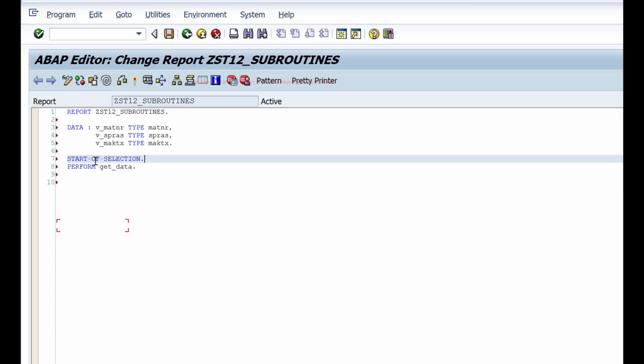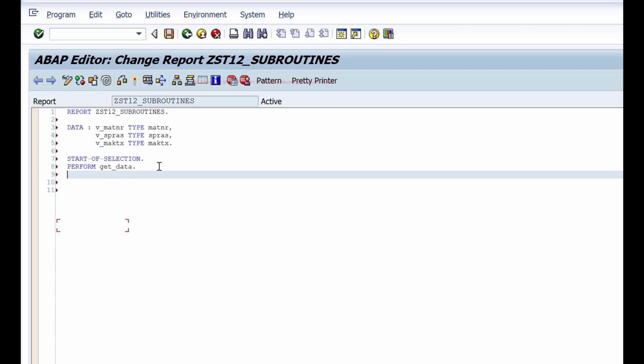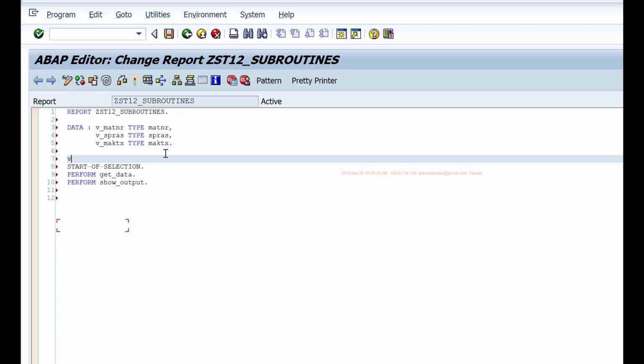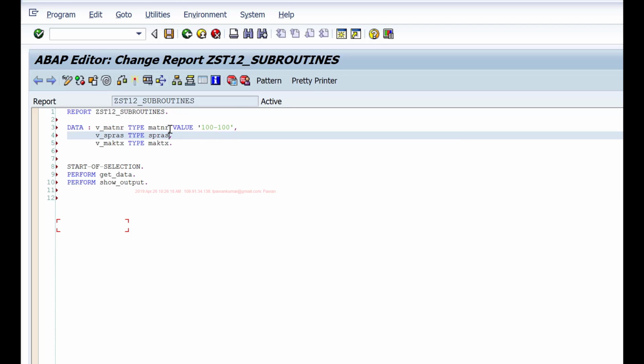Even if I don't use it, the system will anyway assign it, but to make it easy, I'll use it. Then I'll say perform show output, and let's say I'll assign p_matnr some default values to it. Value, let's say 100. And for p_spras, I'll assign E as the value. Okay.